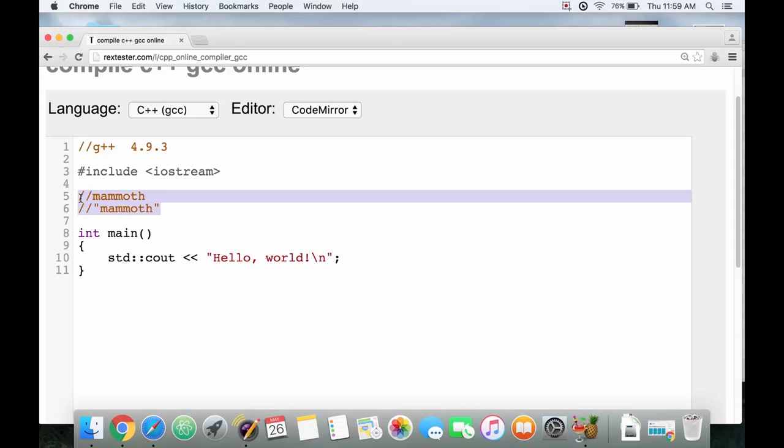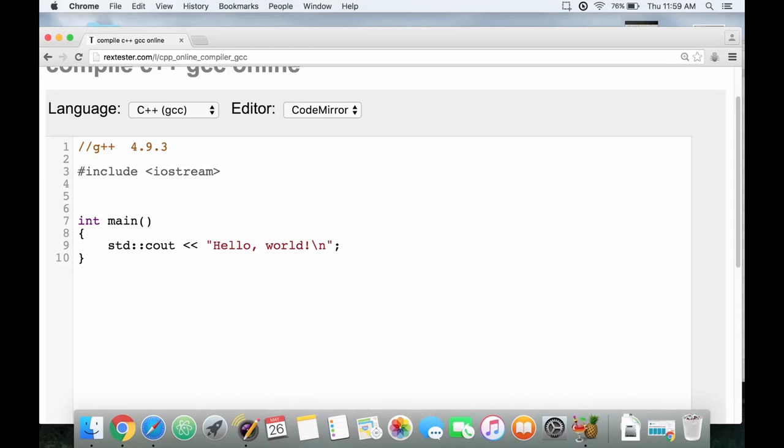Now strings are very useful for conveying messages in your code, and I'll show you exactly what I mean right now. Because strings are part of the standard library, we have to include std and the 2 colons before the word string, just like with cout here. So let's create a string. We'll call this mammoth. So here we have a variable of type string, and we'll give it the value Mammoth